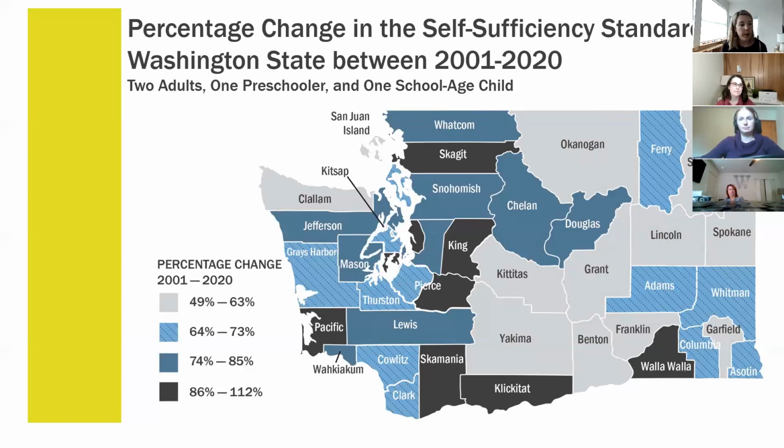So you'll see predominantly the same patterns as the self-sufficiency wages per hour. You'll see less growth at the same rapid pace on the east side of the mountains, with some aberrations from that pattern, including Walla Walla, Klickitat, and Skamania. Some of those are seeing above average housing cost growth, which is really pushing that percentage increase over time.